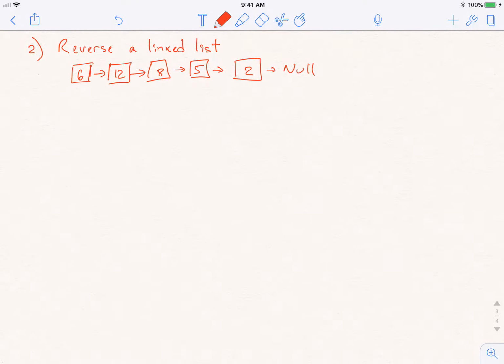Let's come up with the algorithm to solve this problem. This is what we have right now. And what we want is to point 6 to null. So if we set previous to null, current to this, and then next to 12, we can then say